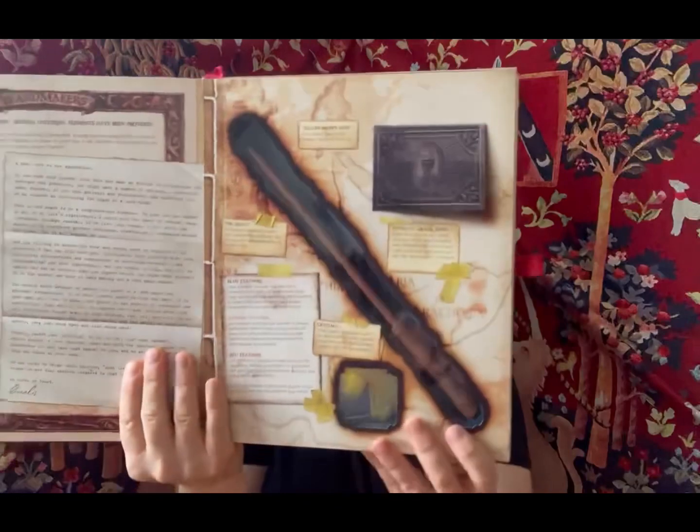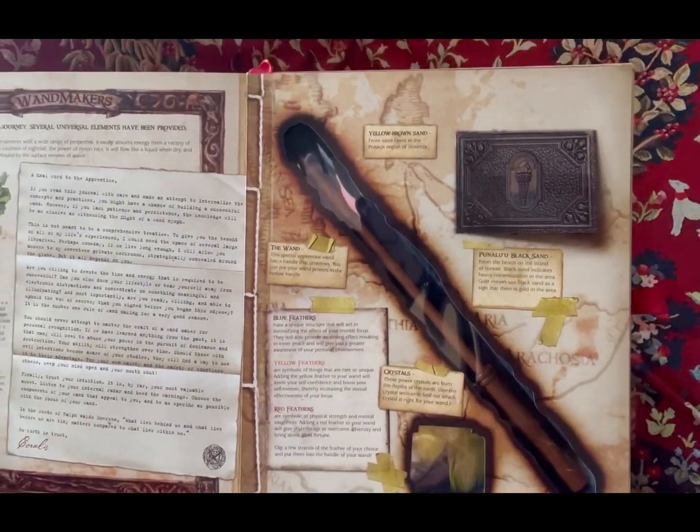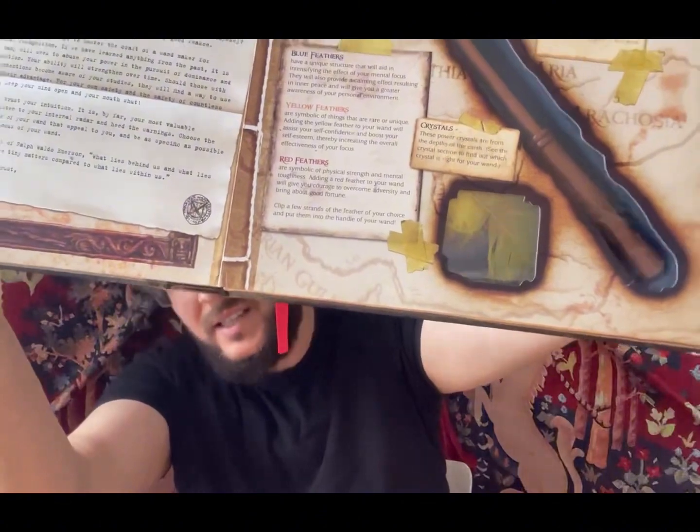Yeah, and now the last part, it contains an amazing pop-up. Let me tell you this. Again, I used amazing, a magically amazing pop-up. And here it says, to start you on your journey, several universal elements have been provided. And they are literally providing you guys with a wand, some feathers, and also a set of crystals and sands. You can see the feathers here. I'm gonna take it out for you. Anyway, this is amazing because